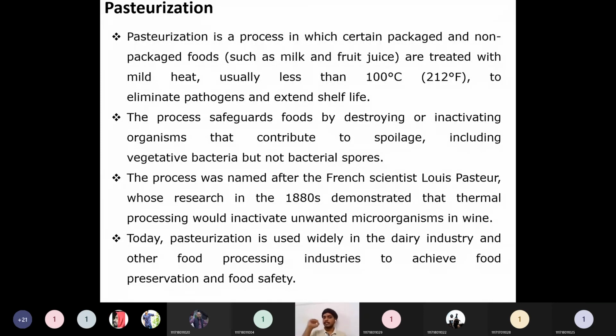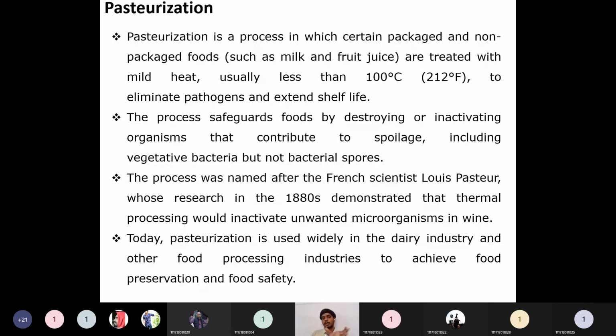As I said, bacterial spores are very reluctant, they are not easily destroyed. To destroy them, we have to apply some adverse treatment, and that will be some pasteurization process. Usually in our household, the milk which we drink nowadays is pasteurized milk. They will do either high temperature short time pasteurization, or high temperature long time pasteurization, or ultra high temperature pasteurization. Like this, there are many categories of pasteurization.